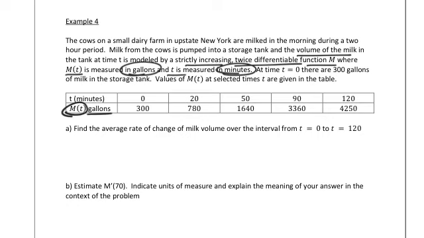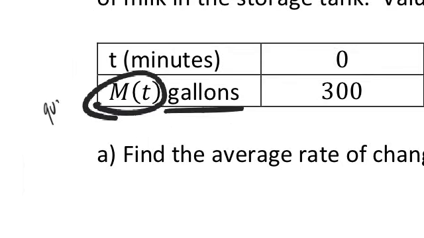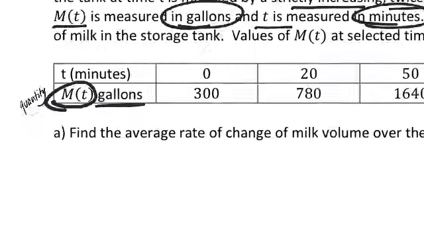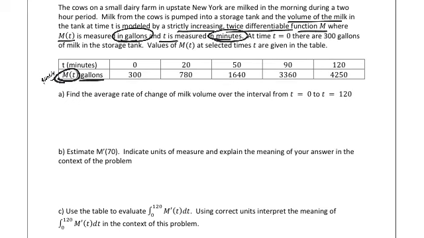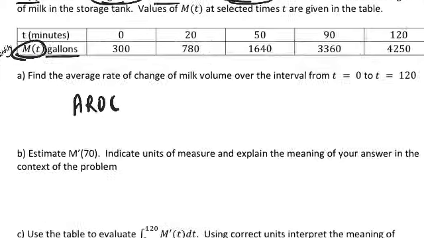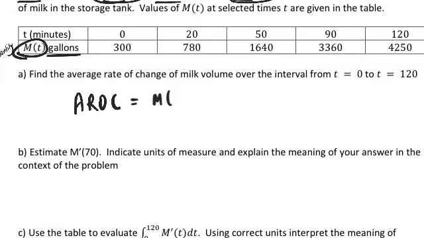M is in gallons. So the first thing to understand is that this is a quantity. It's not a rate. T is in minutes. Now, some of these are questions from the past, right? So connecting, as AP always does, all the different parts of the course. So find the average rate of change of milk volume over the interval from 0 to 120. That's an AROC, and you want to write M of 120 minus M of 0